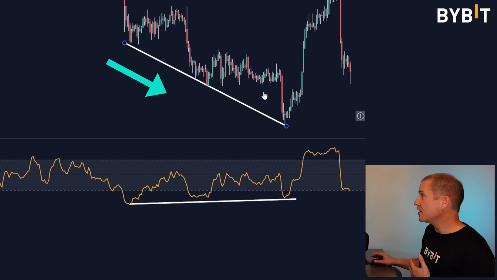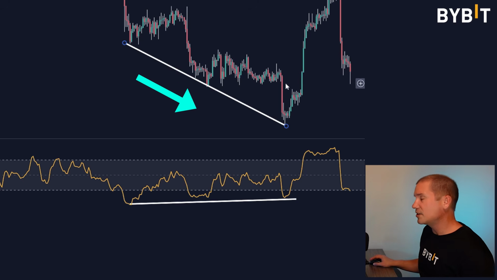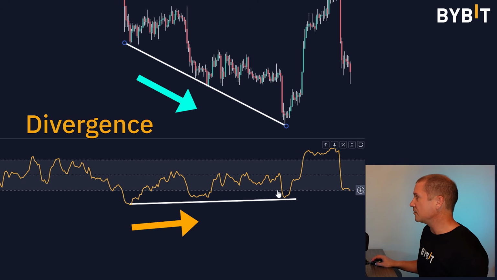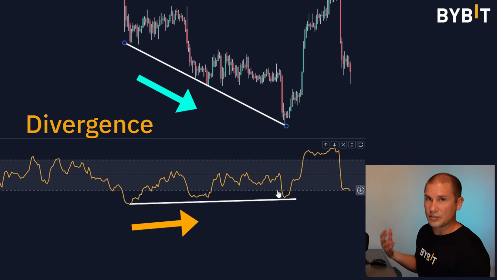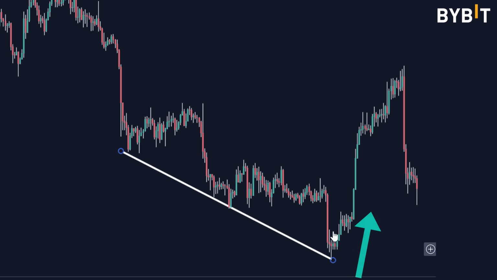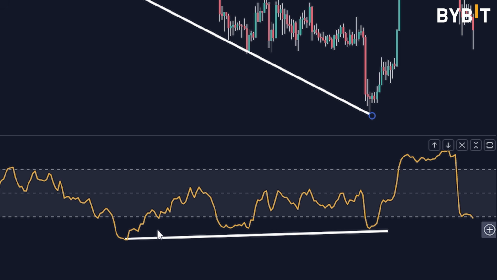So this is divergence. This is in essence, the soldiers in the army not following the general. If the general in this case is price action, and the soldiers are the RSI, well, the RSI is not following the general into the battle, and then the general is going to get slaughtered. As a result, the price ends up reversing and moving higher. What RSI is indicating to us in this situation is that we had really good, strong momentum to the downside that created this local low on RSI. And then after a little bit of a correction, RSI was not nearly as strong to the downside.